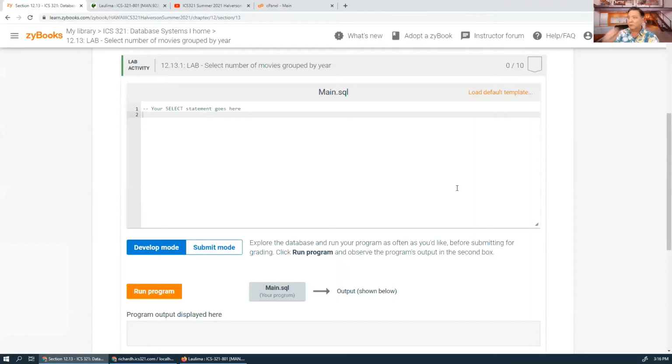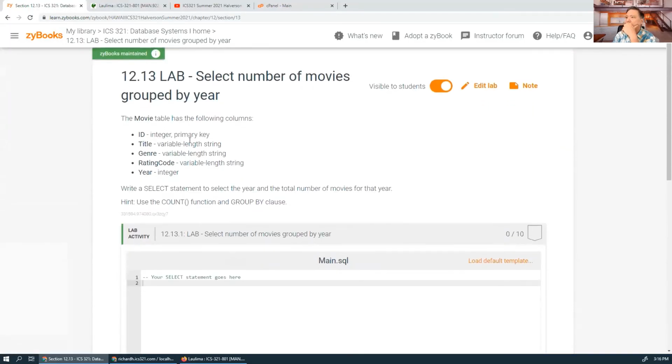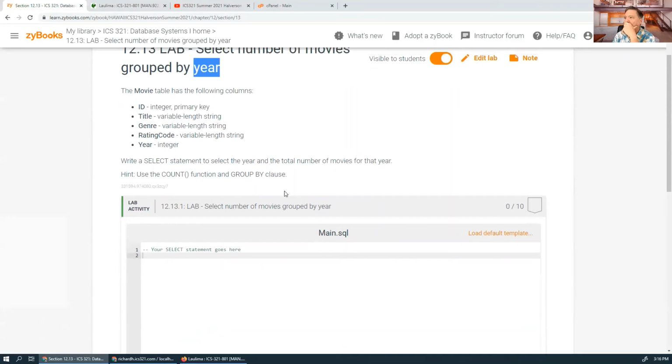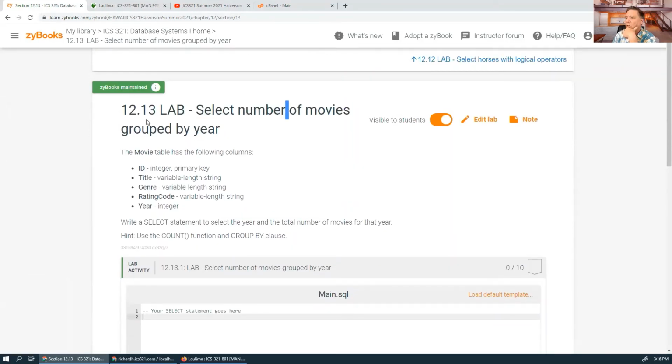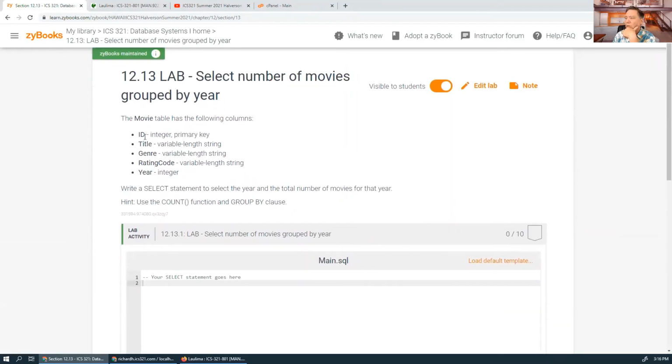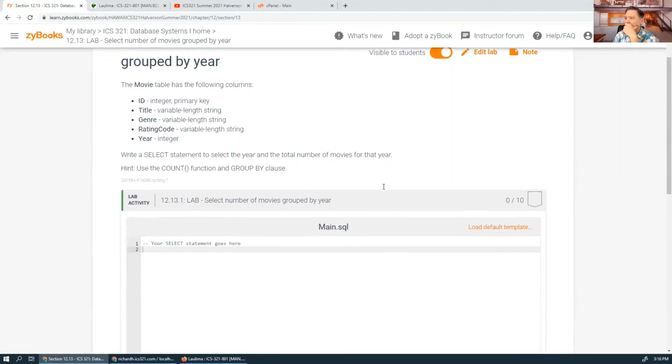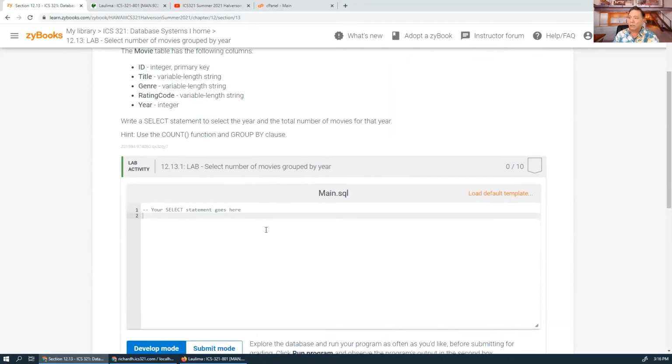All right, so this one is select numbers of movies grouped by year. So we're gonna have a group by year, all right? Select the number of movies grouped by year. So we have, looks like this, and write a select statement to select the year and the total number of movies for that year. Use the count and a group by. So it's probably something like